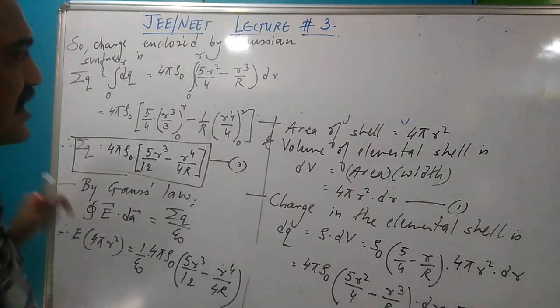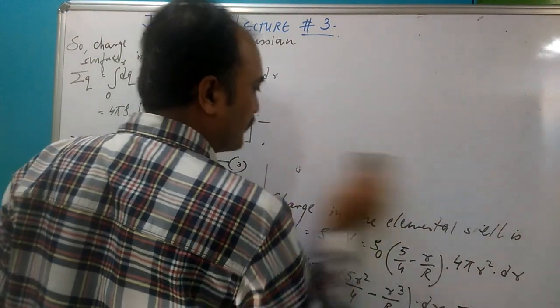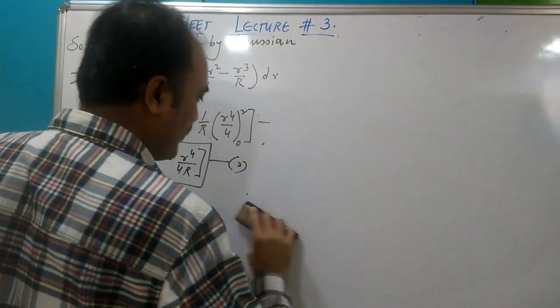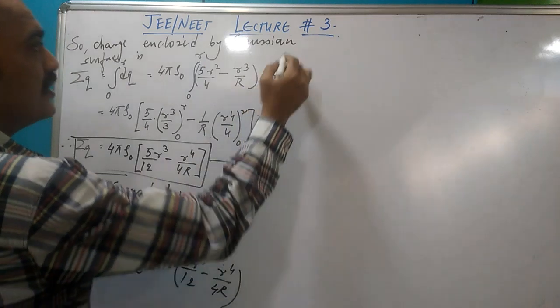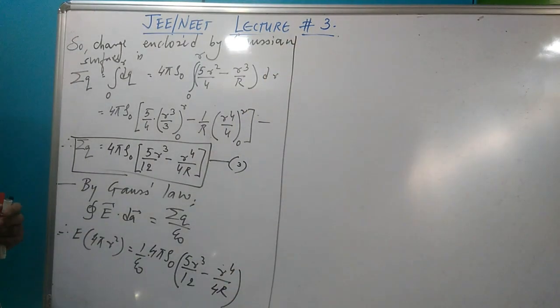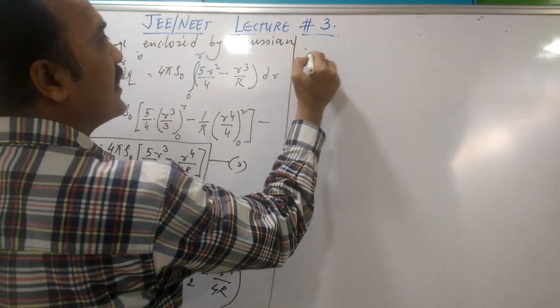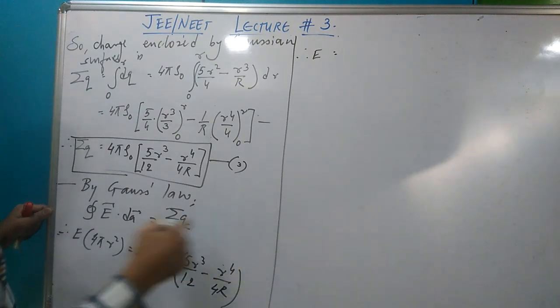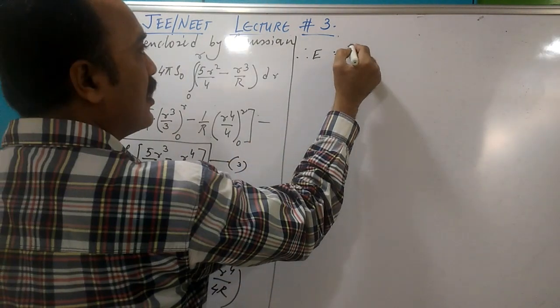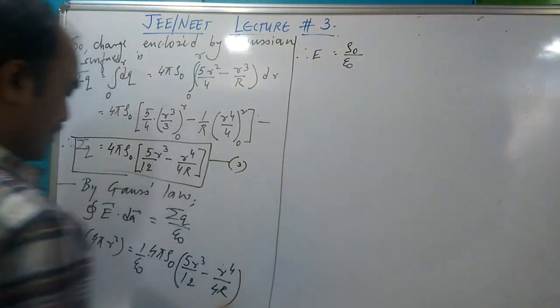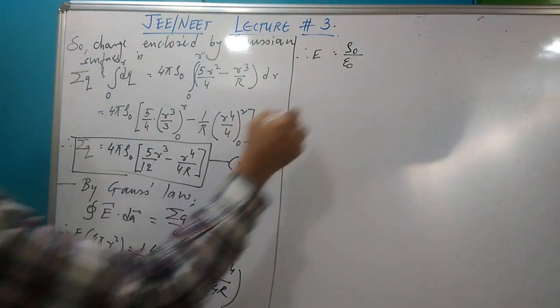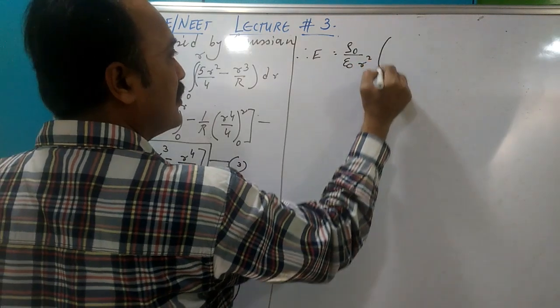And this now goes away. We are approaching the final answer. I can already smell the answer from here. What goes away? 4 pi goes away. And r square, let's take it out. 4 pi has already gone away. Rho 0 by epsilon 0. And r square has come down, going to get cut.